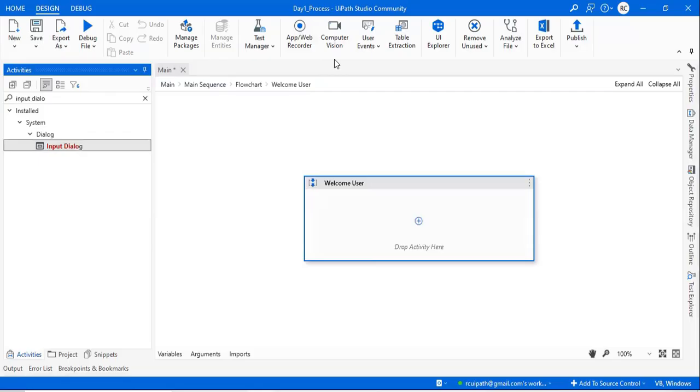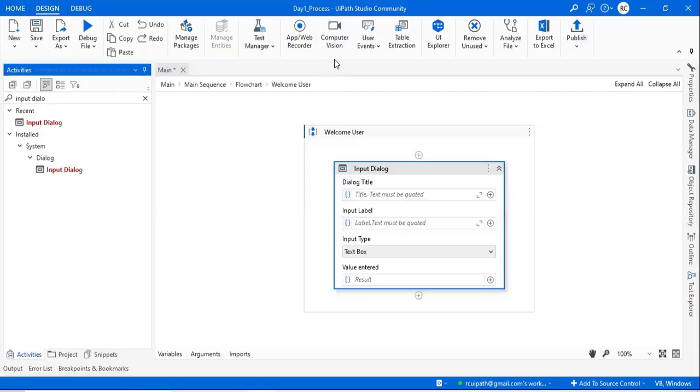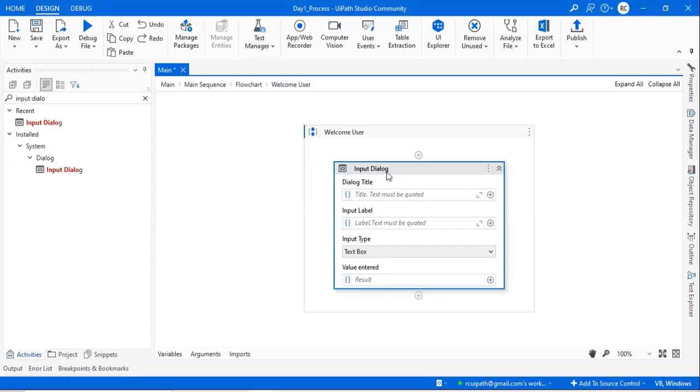I have taken the input dialog. By using the input dialog, we can take any input from the user. This is the purpose of the input dialog. What is the next thing we have to do? It is asking for the dialog title, label, and other things. If I save it and run,